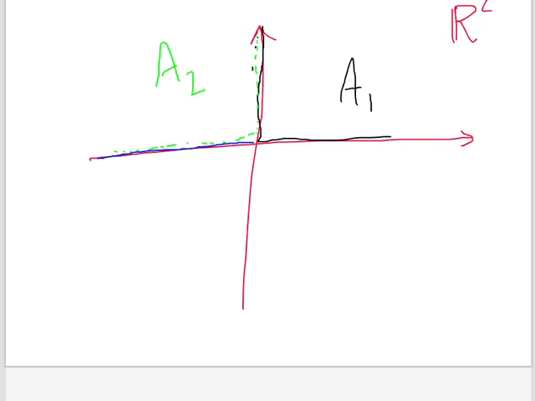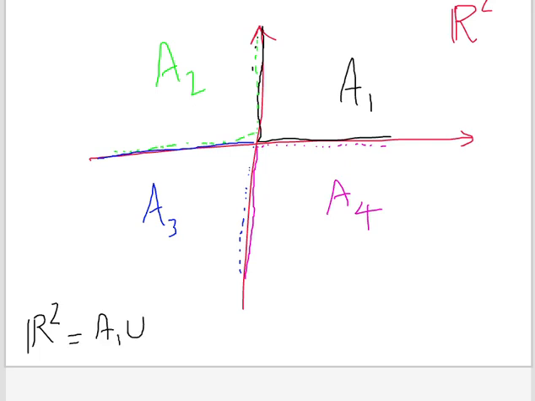As you see, R can be written as R1 union R2 union R3 union R4,